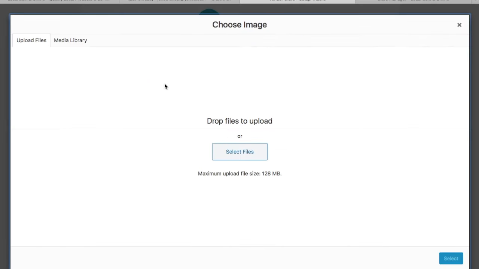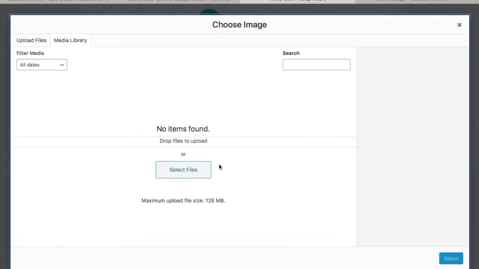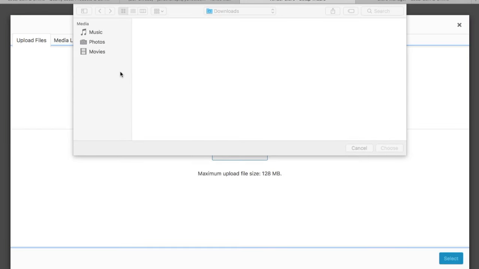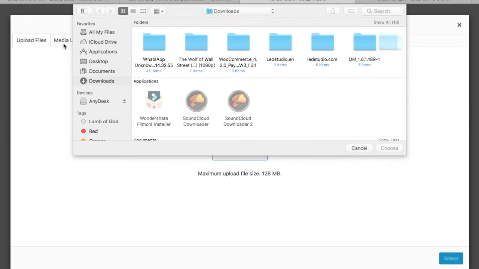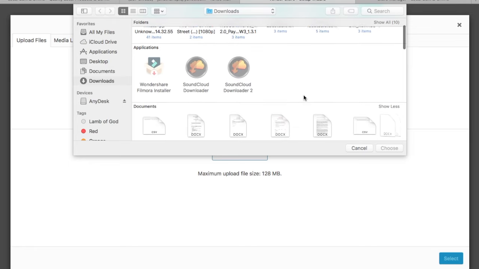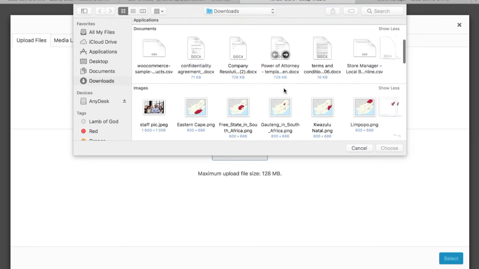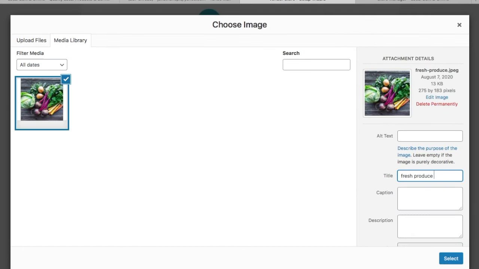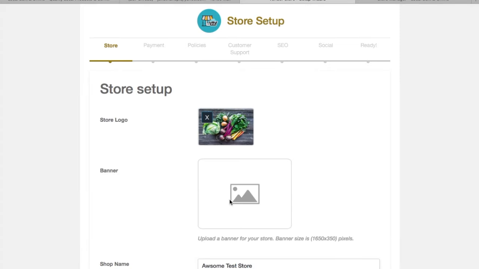So what you're looking at here now is your media bin, and as you upload files to this media bin, you'll see them in your media library, which is empty at the moment, but as soon as we start adding files, we'll start to see them, and we'll be able to use them by going back to the media library if we need to use the same files for more than one product. And I'm going to call it fresh produce box in there, select, and then for your banner you want to